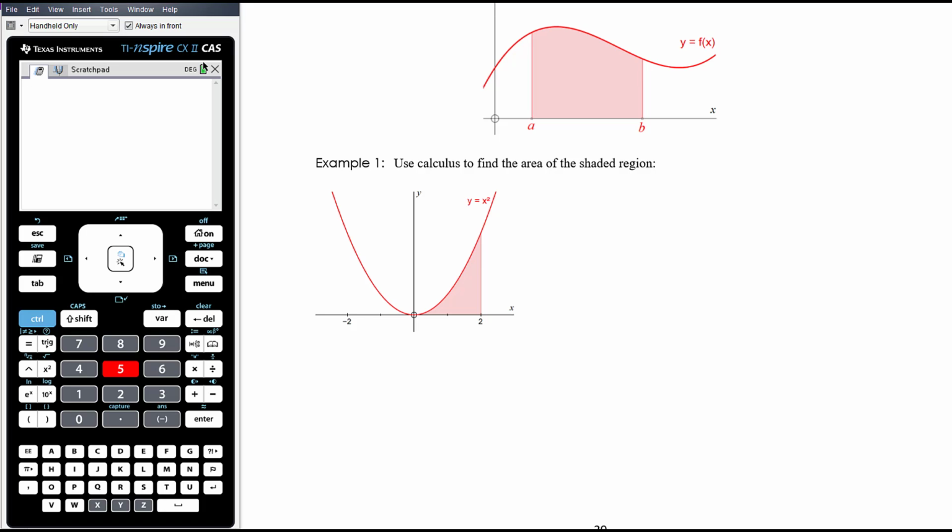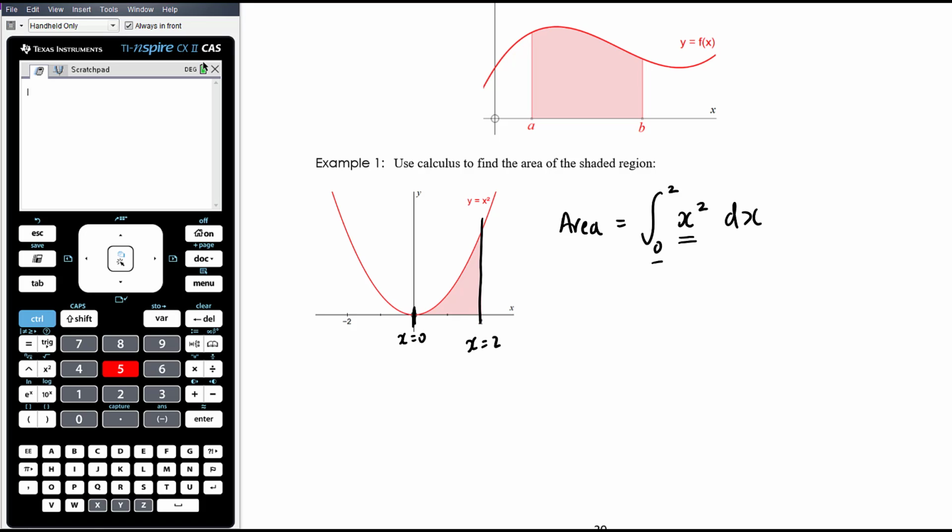Okay, so this is an area under a curve. It's the area under the curve y equals x squared. So it's going to be x squared we're going to need to anti-differentiate. So the area is going to be the antiderivative or the integral of x squared. And we want to find an area between x equals 0 and x equals 2. Okay, so we're going to integrate from 0 to 2,